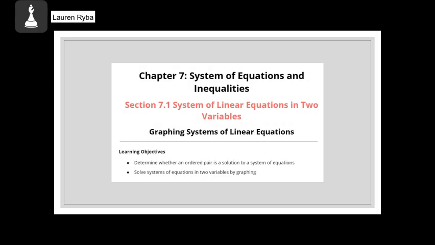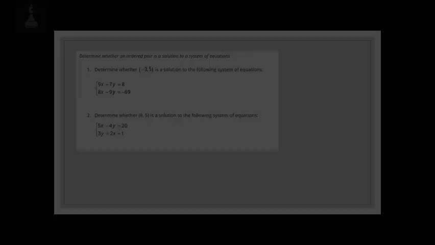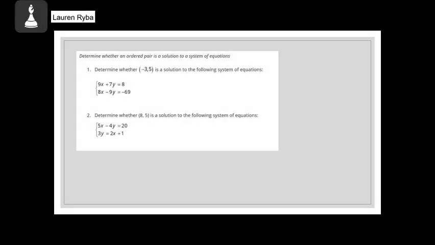This lesson is going to cover systems of equations in two variables, and we're going to start with determining whether an ordered pair is a solution to our system and solving systems by graphing. To determine whether we have an ordered pair that is a solution, all we have to do is plug in that pair of points, the x and the y, into the equation to make sure that the left-hand side equals